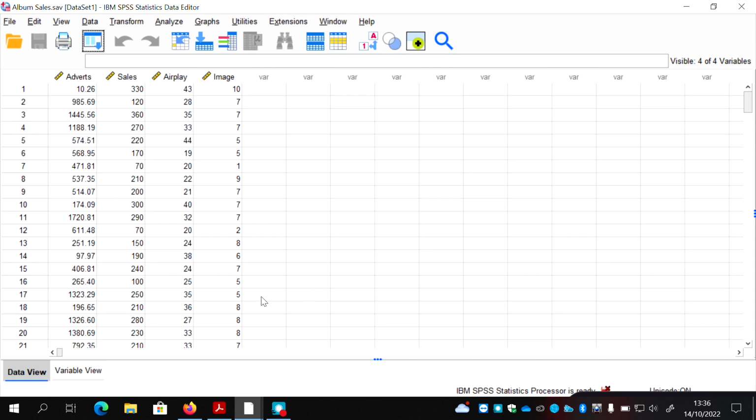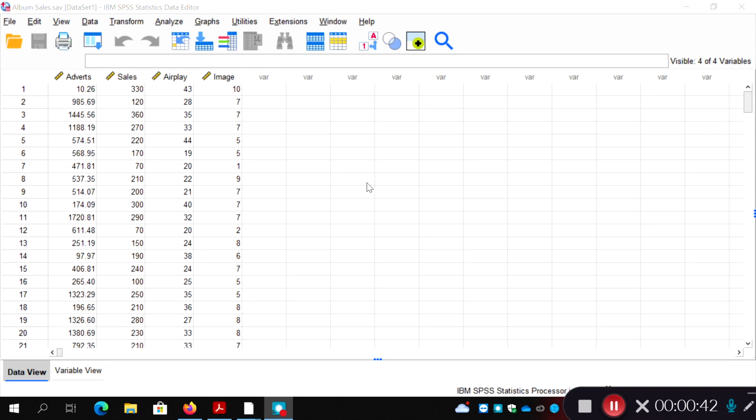It's called albumsales.sav, and it's basically a load of data. I don't know if it's made up, but it's looking at which variables, which factors might predict the sales of a music album. So the dependent variable, the output variable, is how many thousands of units a particular album has sold, and the predictors,